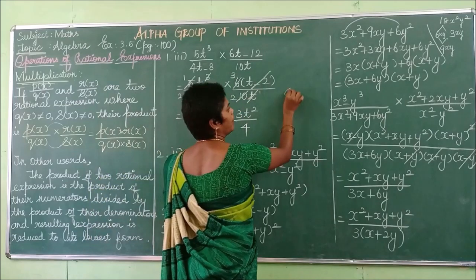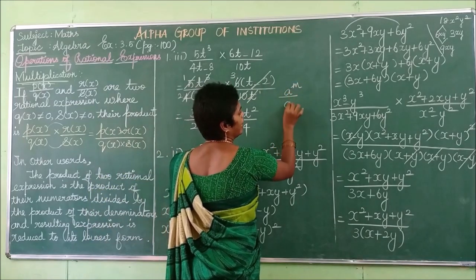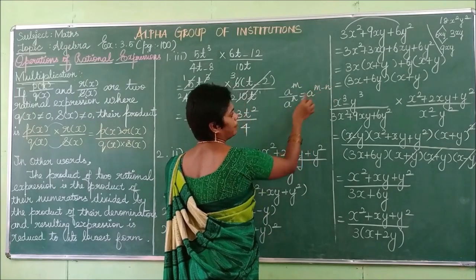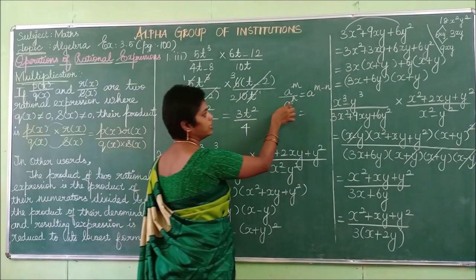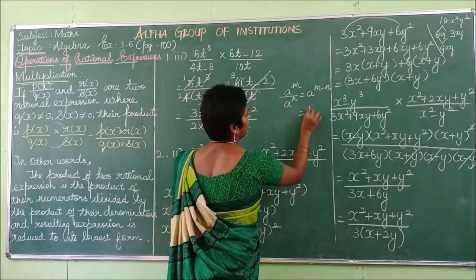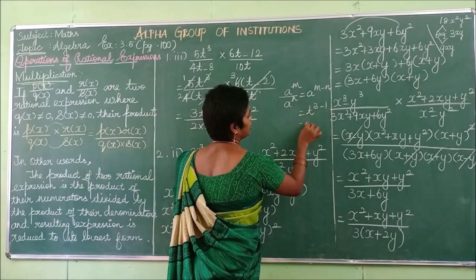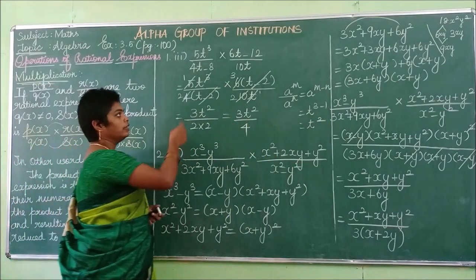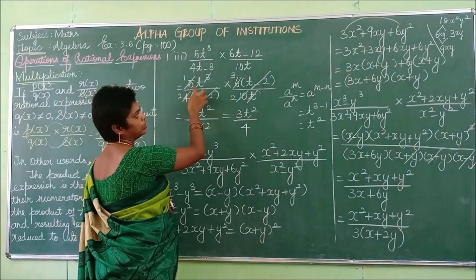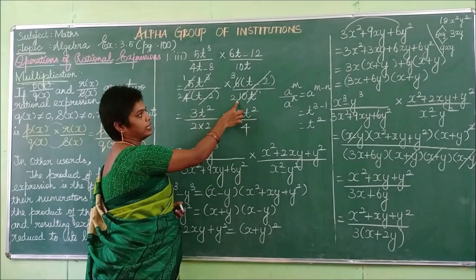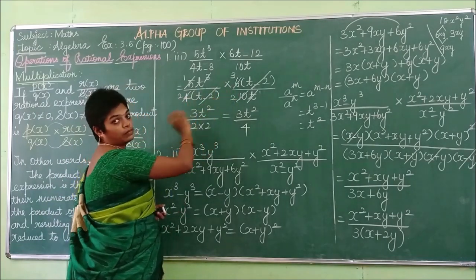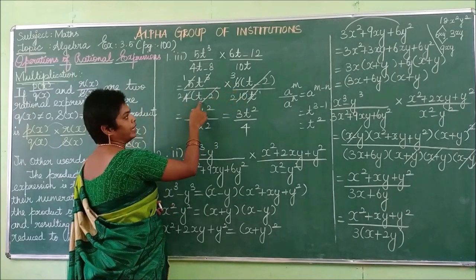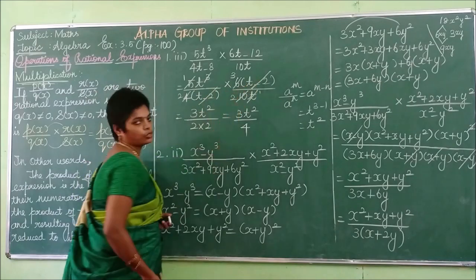Generally you know the formula a power m by a power n is equal to a power m minus n. Here the power is 3, here the power is 1. So t power 3 minus 1 is t power 2. That is what I have written. Cancelling, you get that value only. Then cancelling the numerical terms: 1 5 is 5, 2 5s are 10. Here you can cancel these values in the 2 table: 2 2s are 4, 2 3s are 6. Then the final term t minus 2 and t minus 2 get cancelled.